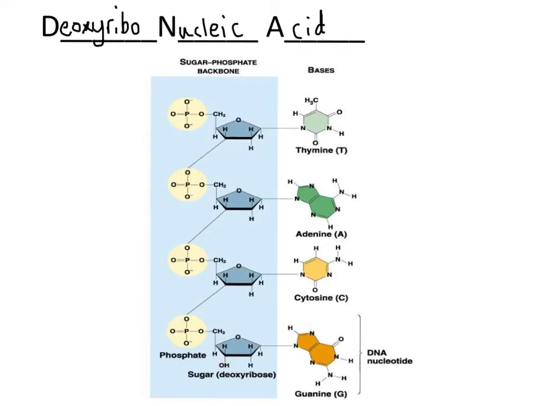The deoxyribose sugars are very strongly bonded, in other words, covalently bonded with the phosphate groups, which are then in turn covalently bonded with another deoxyribose, then to another phosphate, another deoxyribose, phosphate, which makes something called the sugar-phosphate backbone of the molecule, connecting sugar, phosphate, sugar, phosphate, sugar, phosphate, running down the back